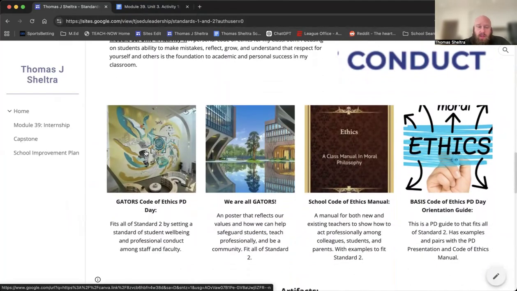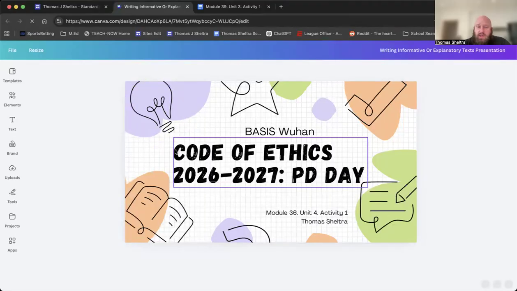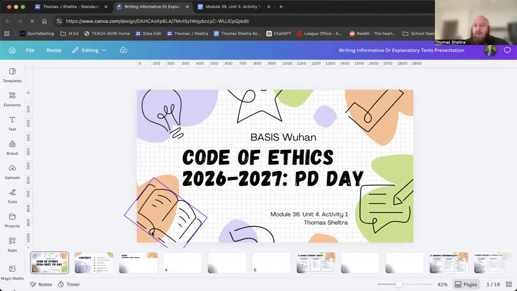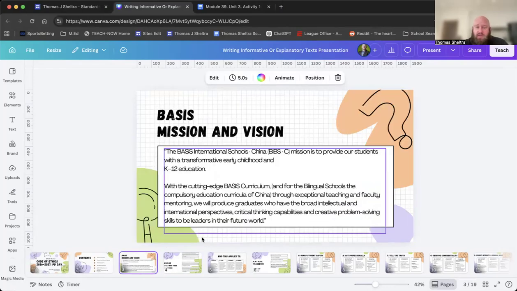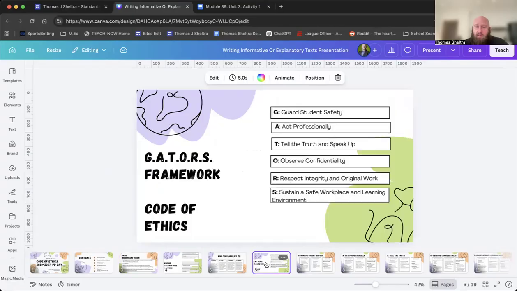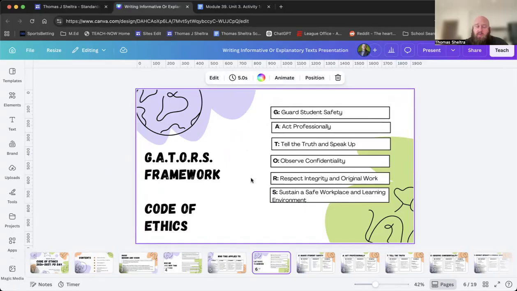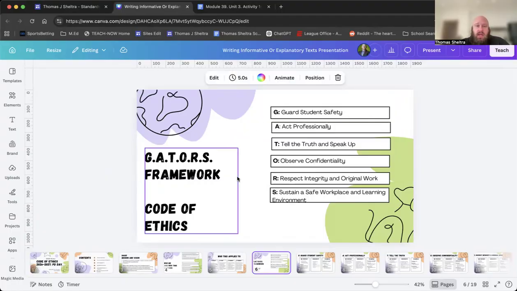Here are the ethics PD for orientation. One of the things I did was, we're the Gators here at Basis Wuhan, and so as part of that, we took the mission and the value statement and created an acronym for Gators with how we fit Standard 2 with our ethical and professional conduct. And I believe that this fits Standard 2